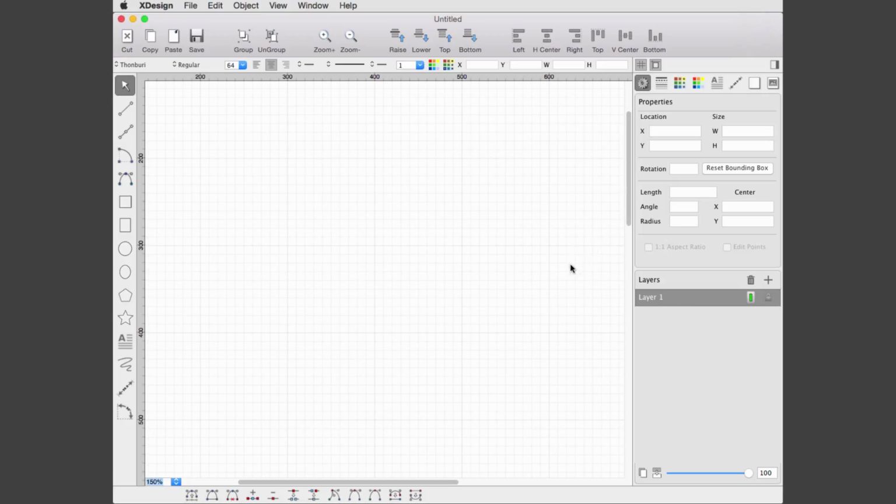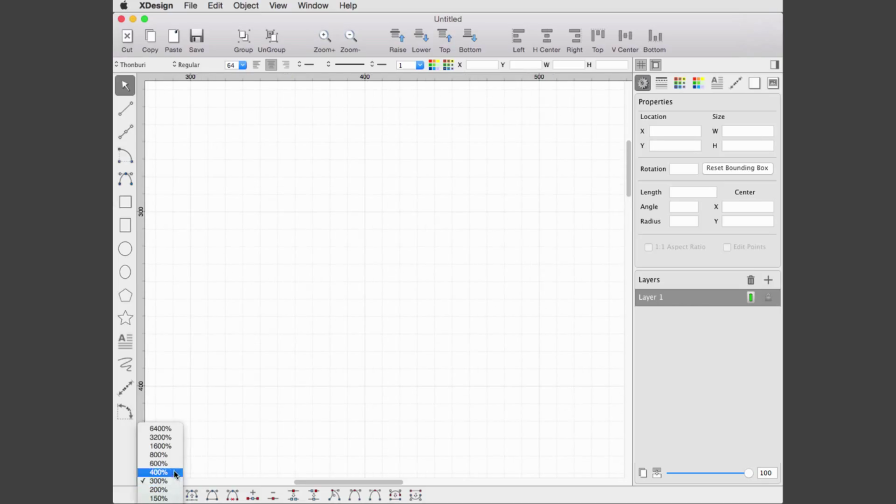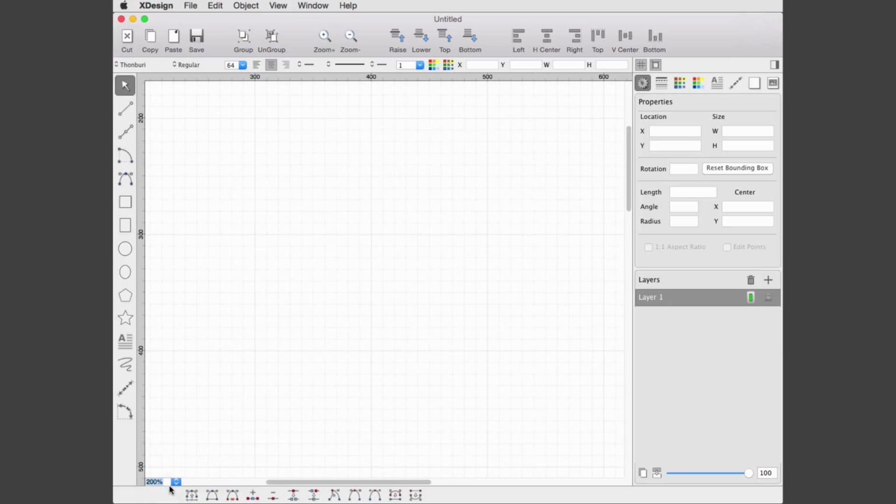You can also quickly switch to a zoom level using the zoom presets list at the bottom left corner of the board. A custom value can also be entered using the keyboard.